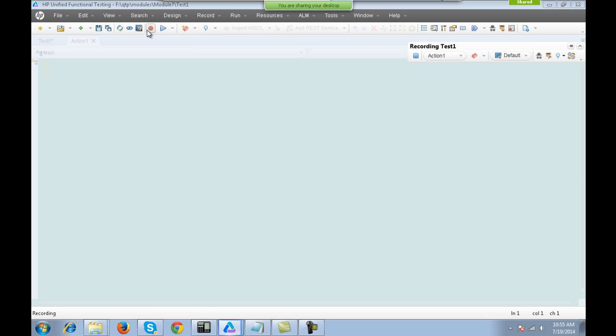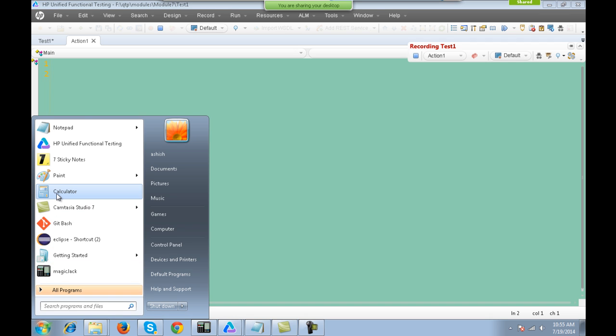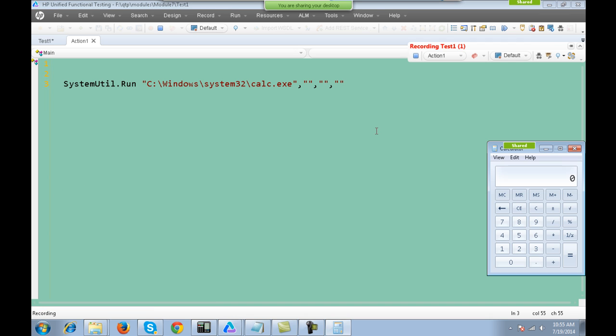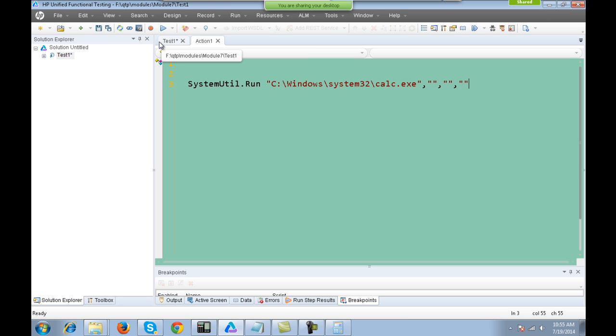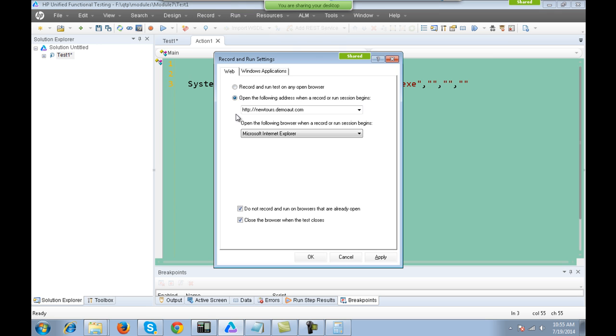Okay, if you keep these default options and you start recording, if you go inside your recording mode, and after going inside the recording mode, if you go and open up any Windows based application, like I'll open calculator, right, it will just record the first line of opening the calculator. After that, whatever actions I am performing inside the calculator, it is not recording those. Okay, so with default settings, UFT will not record the Windows based applications. Please note this, a lot of people come to me with this issue that UFT is not recording, right?